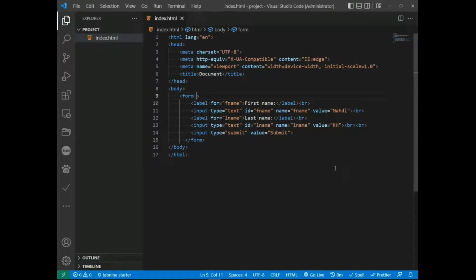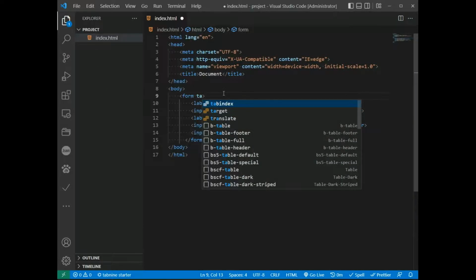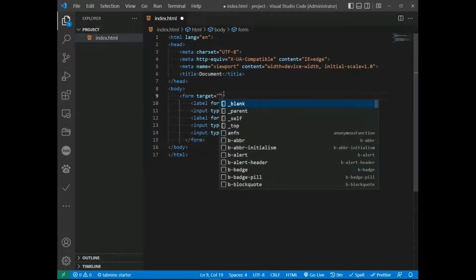The target attribute. The target attribute specifies where to display the response that is received after submitting the form. We have, so for example, I set the target and we have blank, parent, self, top. The blank response is displayed in a new window or tab, and